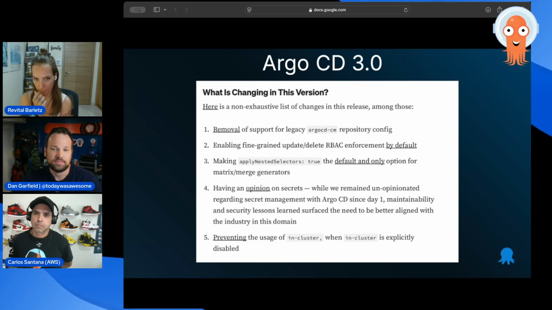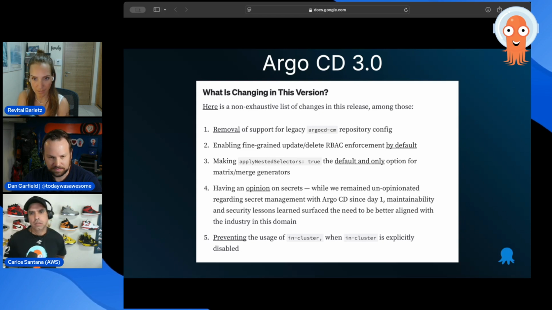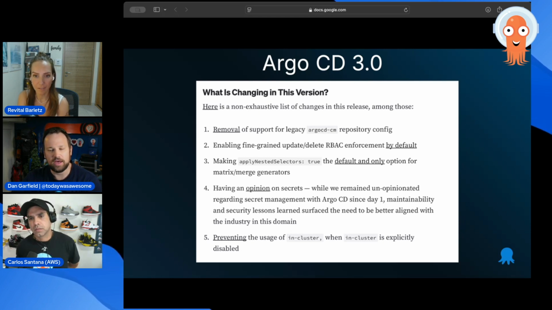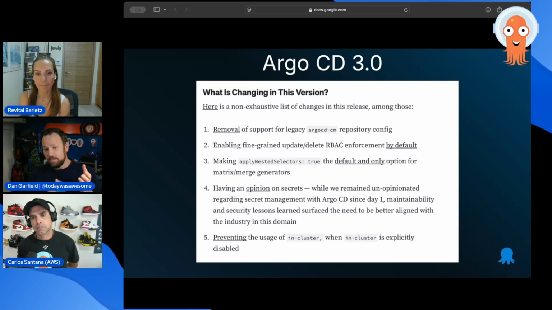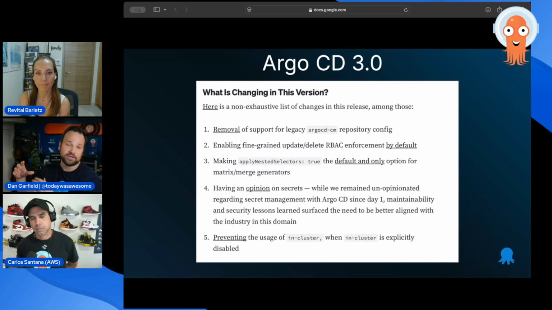So it's also part of bullet number 4, right? Having an opinion on secrets. Yeah, this is one that I worked with Michael a little bit on. There's a lot of popular tools that people use to inject secrets into Argo CD generated manifests during the manifest generation phase. The way Argo CD works is it checks out a repository, which could have a Helm chart, could be Kustomize, could be plain manifests, but it has to distill those into final manifests so that they can be applied